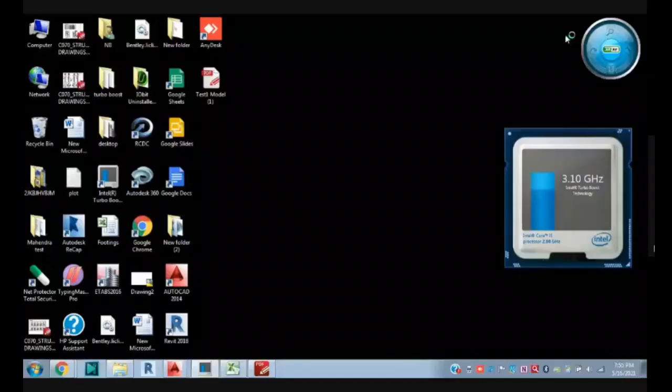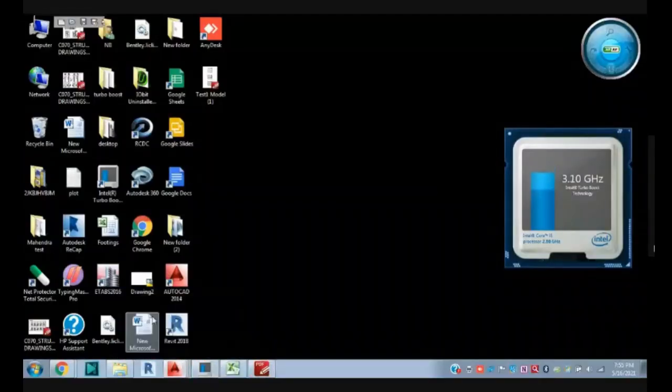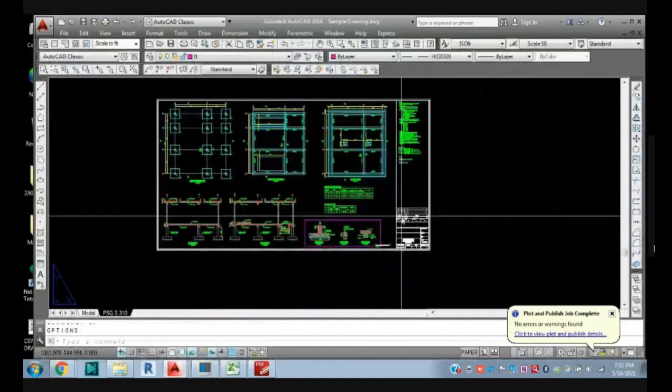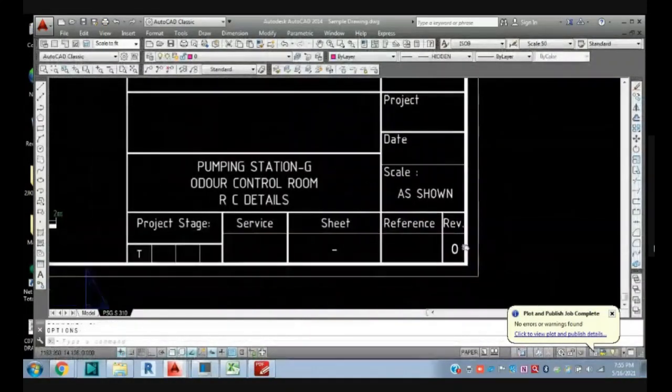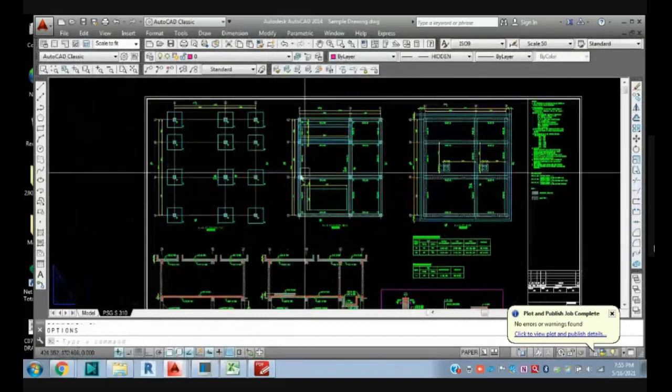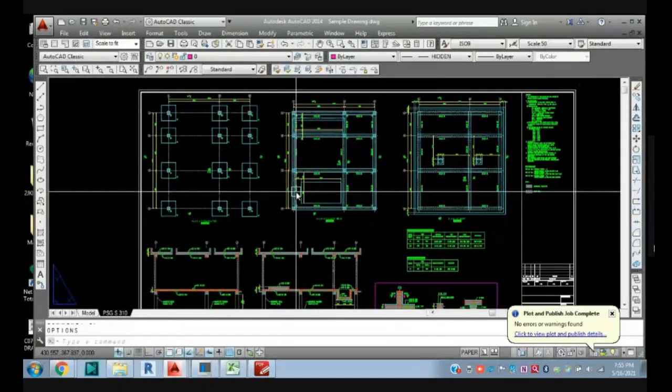So you can take a PDF from here also if you want to change the paper size. But for this we have fixed our A1 sheet. You can create your PDF as A0 or A1 as per the standard size, and you can print on A3. If you want a hard copy, you can take the print from the PDF. Just open the PDF, give the Control P command, and select as per your available paper size in the printer, A3 or A4.